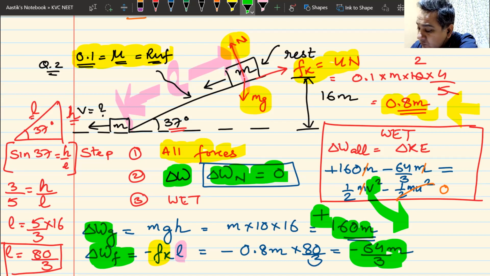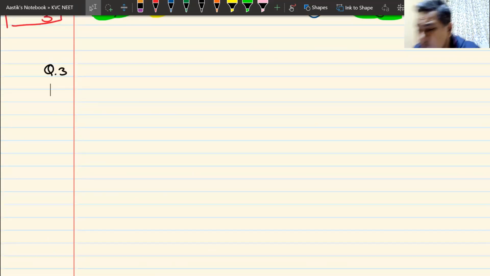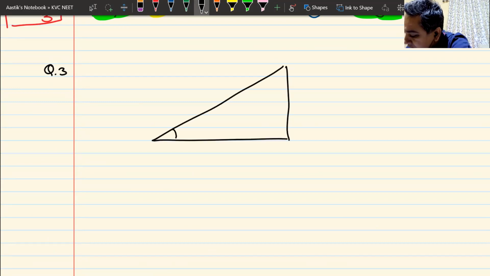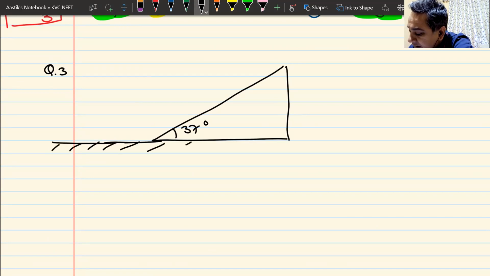That takes me to a different version of the same question, and I'll make this version in two different ways. So I'll just make one diagram and then I'll put in two questions. So the diagram is like this. As you can see, I have not changed much. This is 37 degrees. 37 degrees given because I don't want you to get into complicated calculations. So this is a 37-degree inclined plane. As you can see, this is very high. I have a block here.